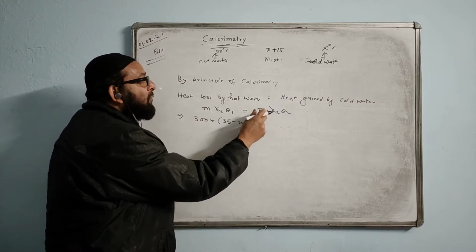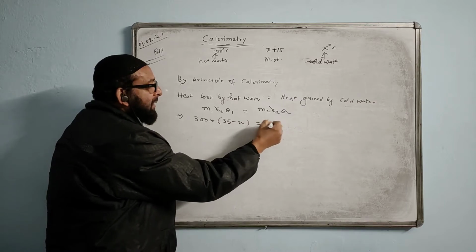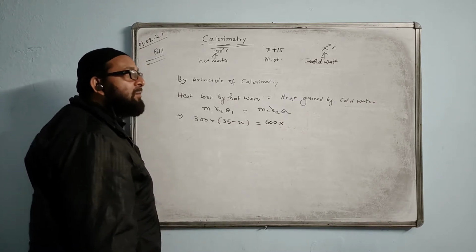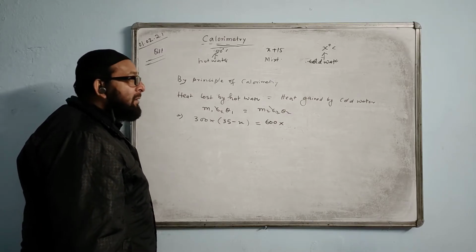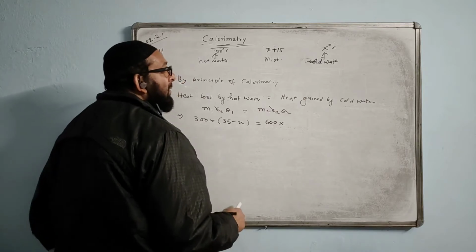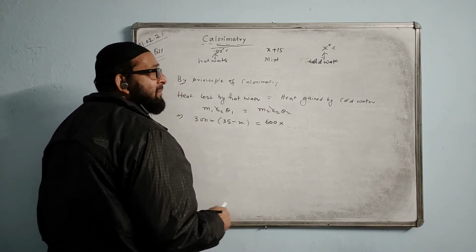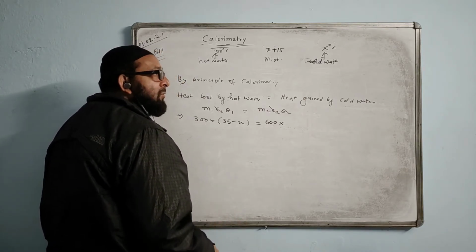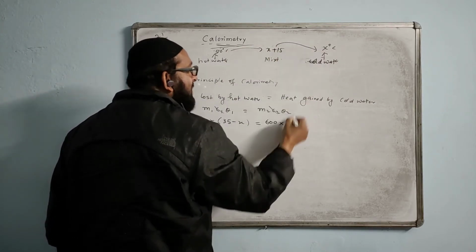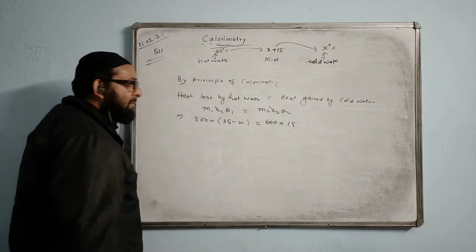equal to M2. Mass of the poured water given 600 grams. What is the temperature difference for theta 2? Theta 2 is how much here? Why plus everything? Minus, no. This minus this, then this minus this you do. The x and x will cancel. You get the answer only 15 coming.